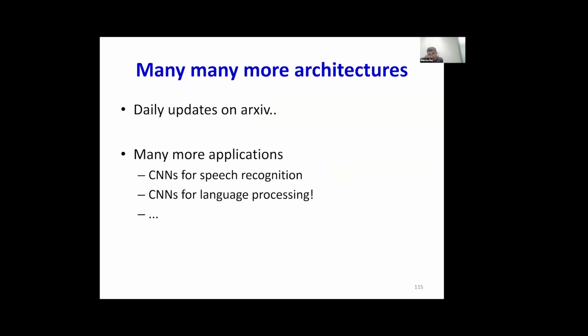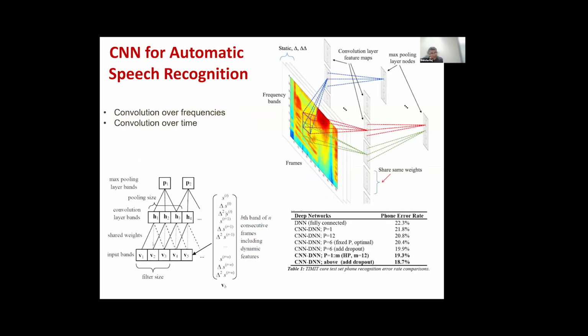So CNNs, you get the idea. They're beautiful models. They were originally intended for shift invariant processing of images and audio, but they could be applied for any kind of data. These days they're used for speech, they're used for language, and you're going to see them everywhere. And in your homework, right? CNN in your homework. So I will stop here